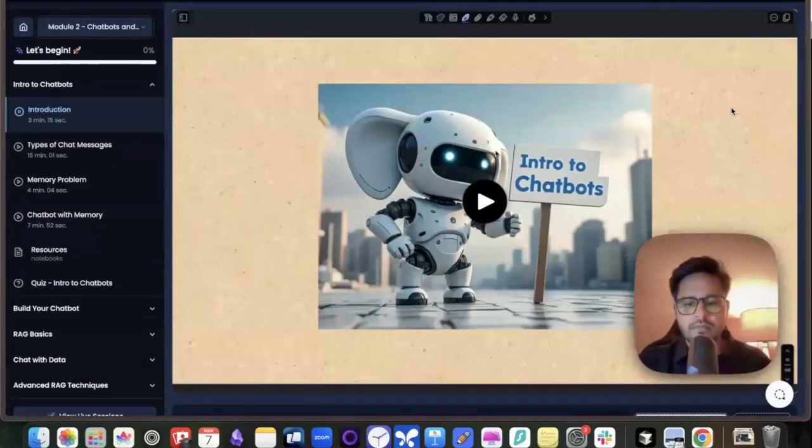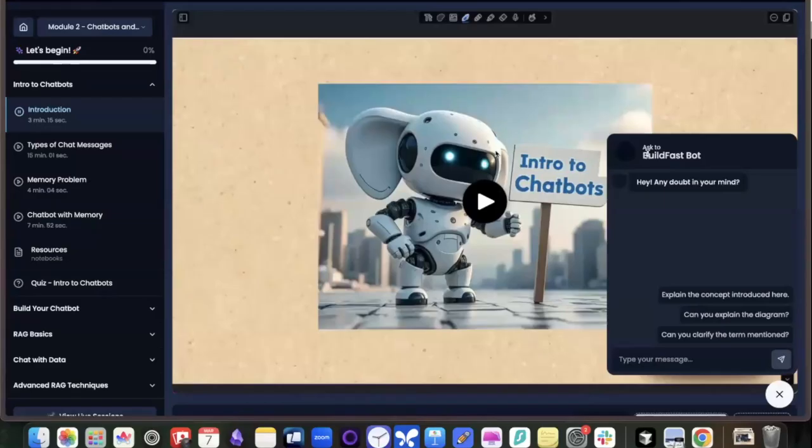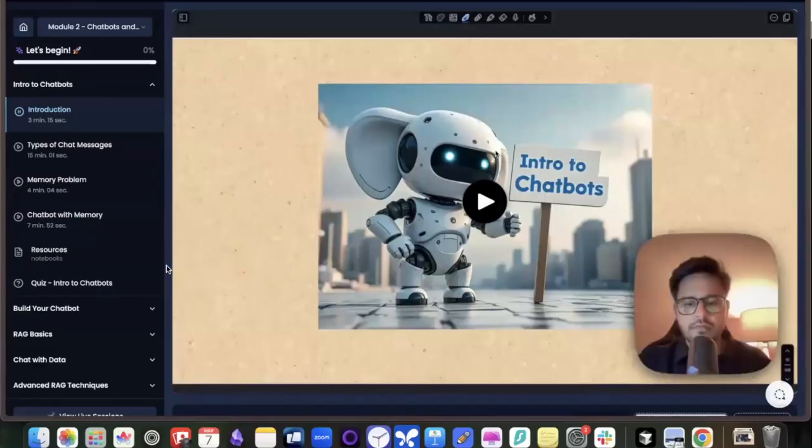So this is the premium platform, and we also have features like AI-powered quizzes and an AI-powered chatbot that we have fine-tuned on our course. Anywhere you are stuck on the course, our AI agent will actually help you solve those doubts as well. And we have a lot of other features that we are adding very shortly. So you can get started with the course.